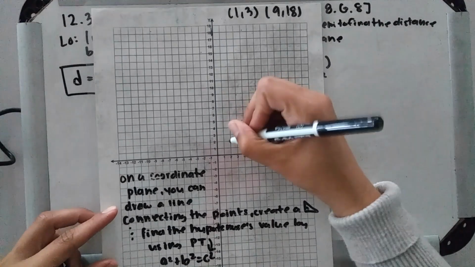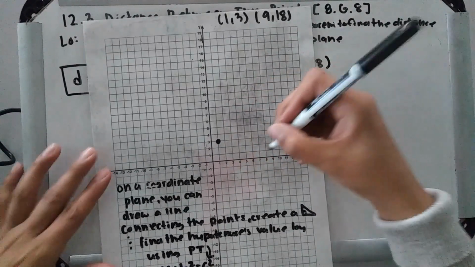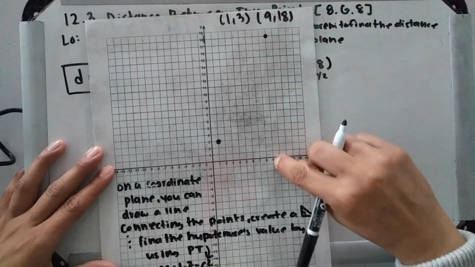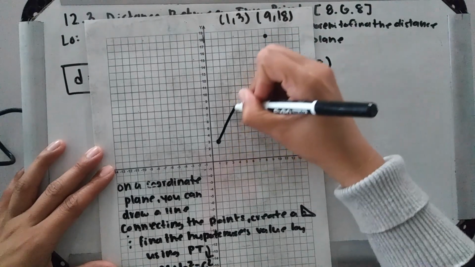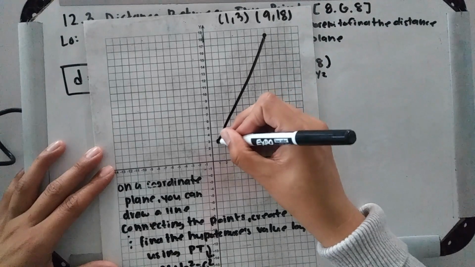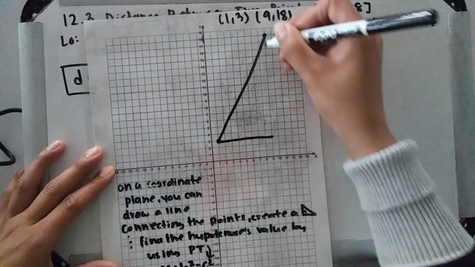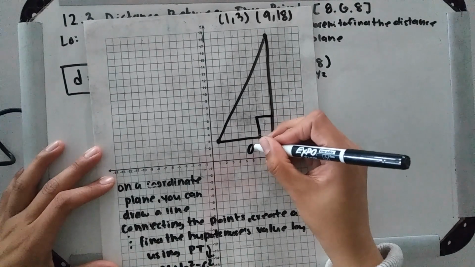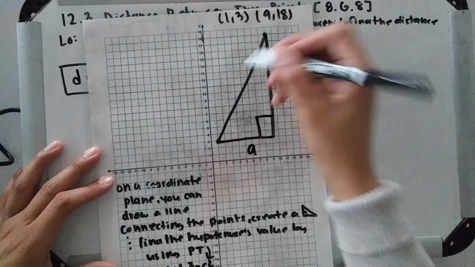Okay, so first point is 1,3. It's right here, and then 9,18, which is right here. I'm gonna connect those two. This is basically my hypotenuse, so then from here I'm gonna take it like this. I'm gonna create a right triangle. Okay, so then I'm gonna call this my A, I'm gonna call this my B, I'm gonna call that my